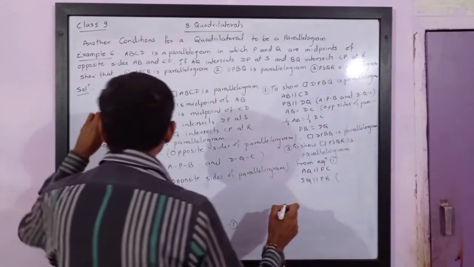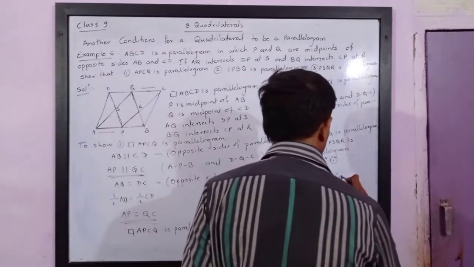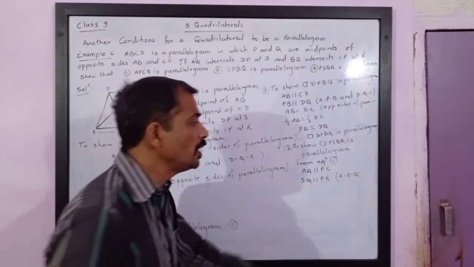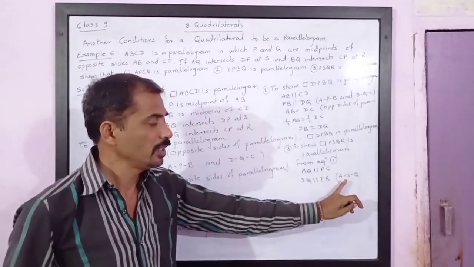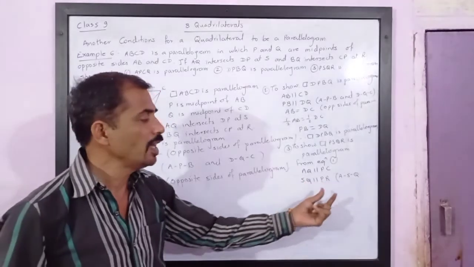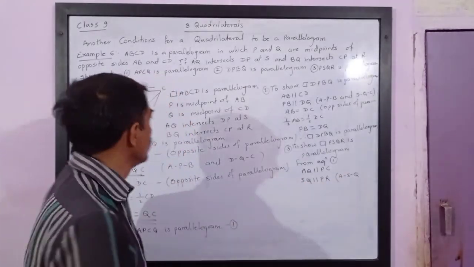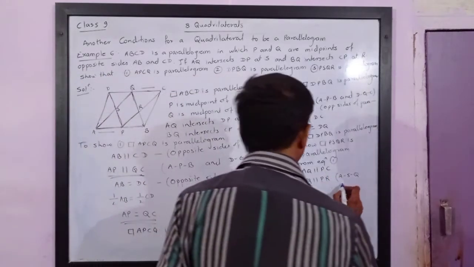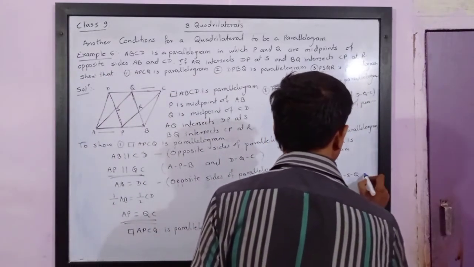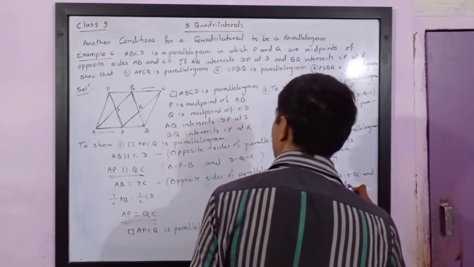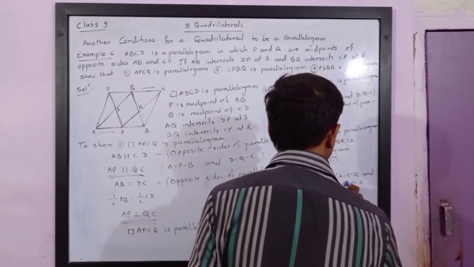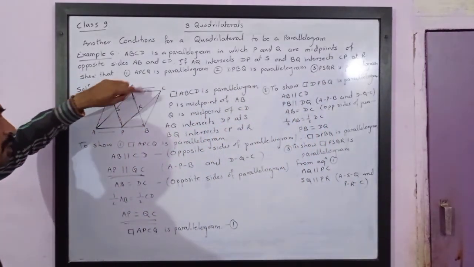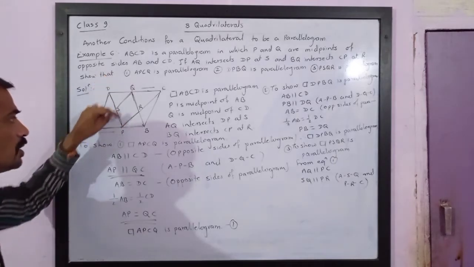Please note, between doesn't mean that it is a midpoint. It means it can be anywhere between A and Q. Now, R is between P and C. So since R is between P and C, SQ is parallel to PR.